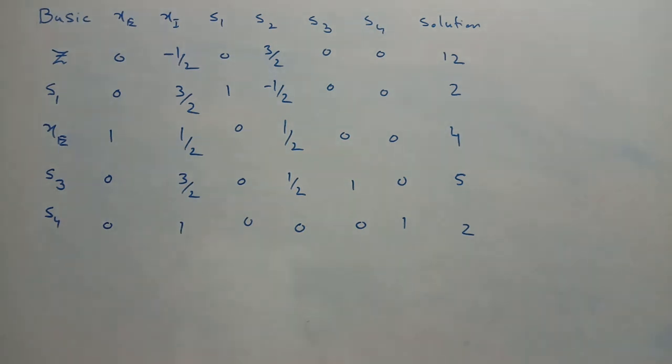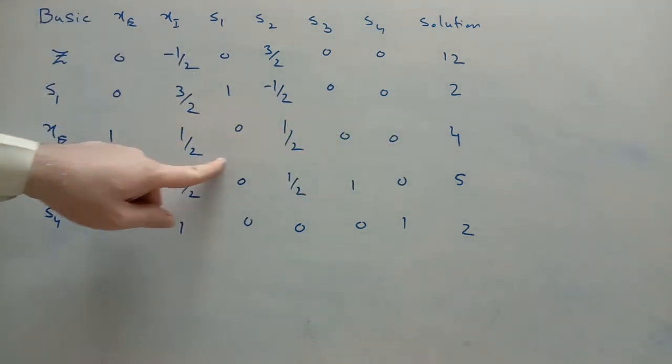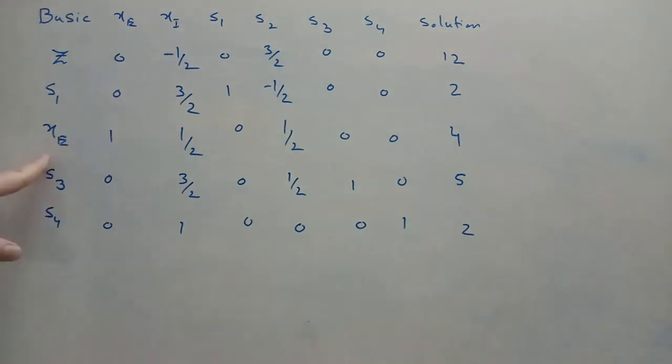Rather, XE was the entering variable. That means in place of S2, XE will enter. So XE has been entered over here. Now from where will the values of XE come? Very simple. The values of our new pivot equation, you have to give to XE, the entering variable. So these were the values of our new pivot equation, which we have given here to XE. So this is your new table.